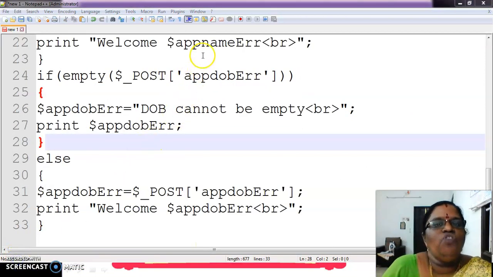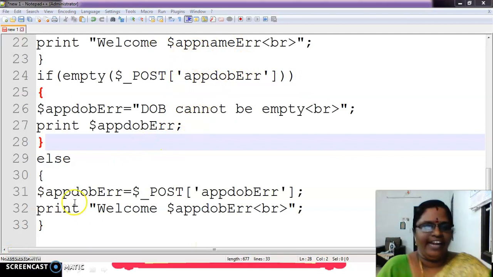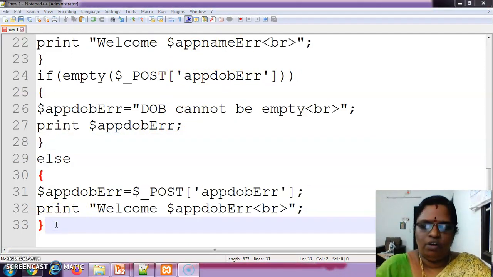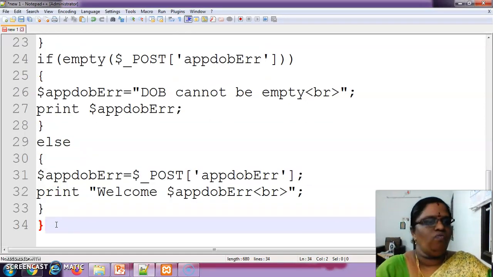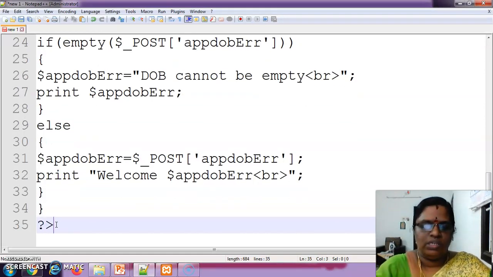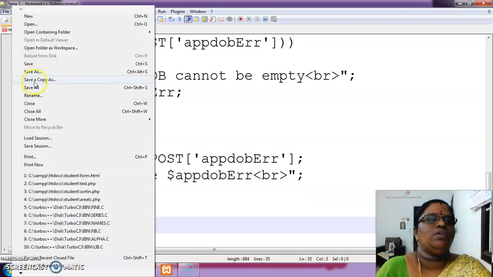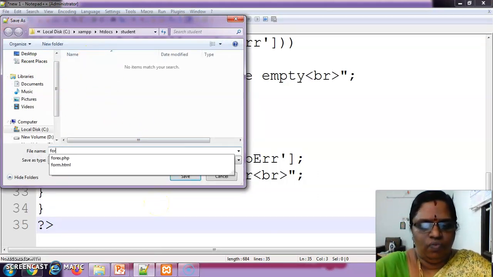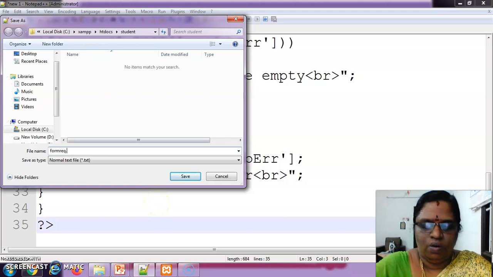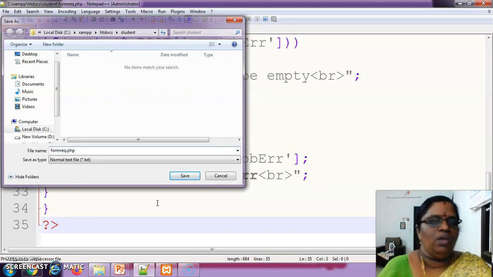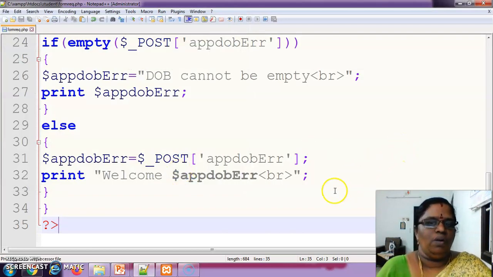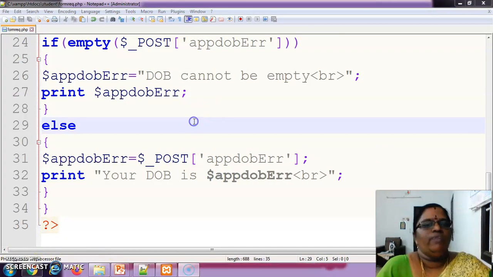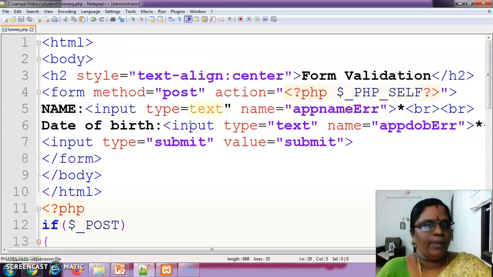So I changed all the name into date of birth, and then what we are going to do, you are going to close the if and also close the PHP file, and I am going to save this as form require.php. Okay, form require.php.